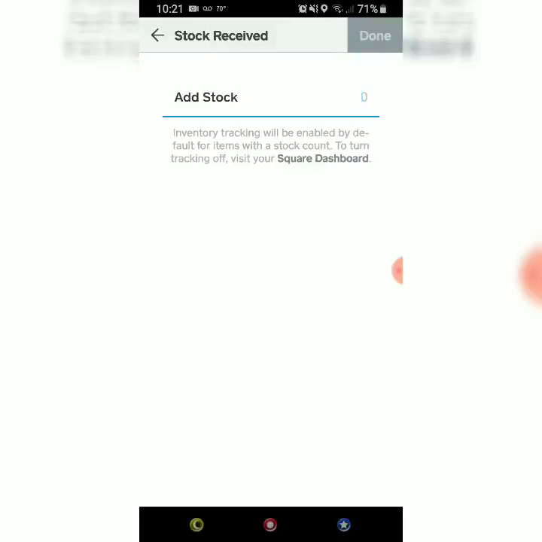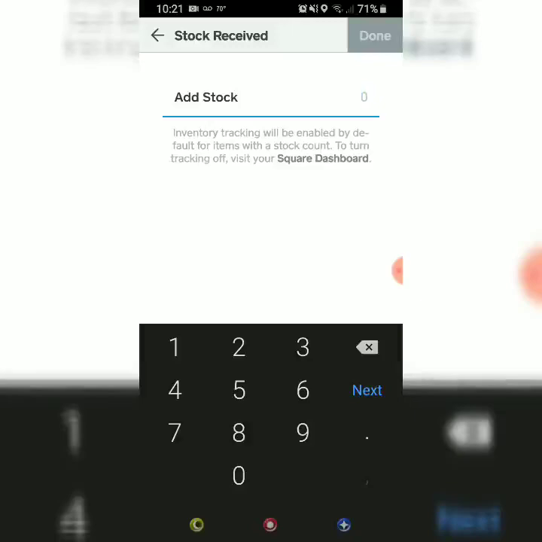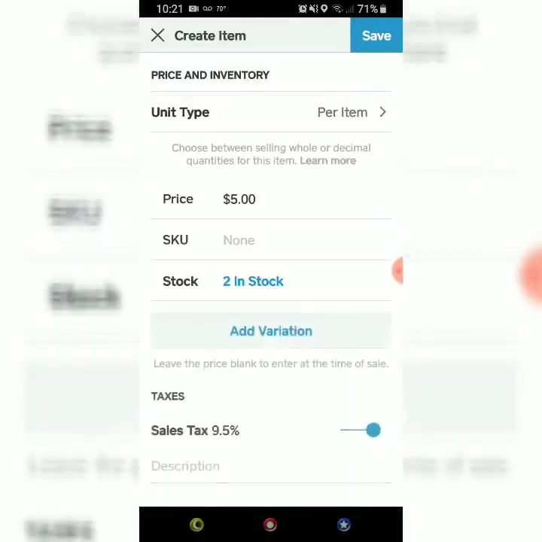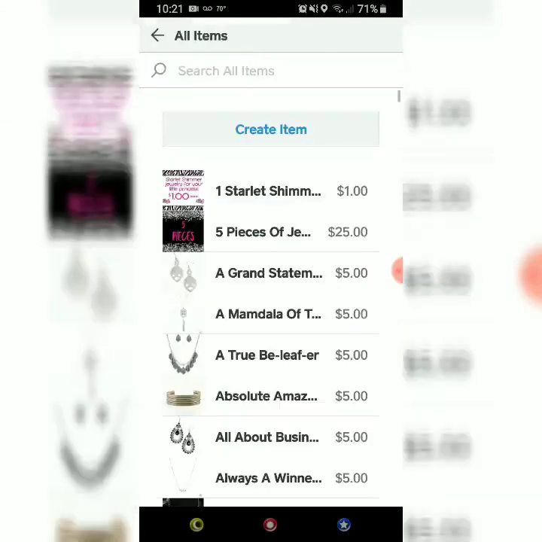Now when you hit Receive Stock, it's going to bring this up, and you click on it, the little 0 there, and it'll bring up your keyboard. And you'll be able to put in the number of the amount of items of that item that you purchased. So I got 2 of those. So I'm going to click 2 and then done, and then save up in the top corner there. And voila, now